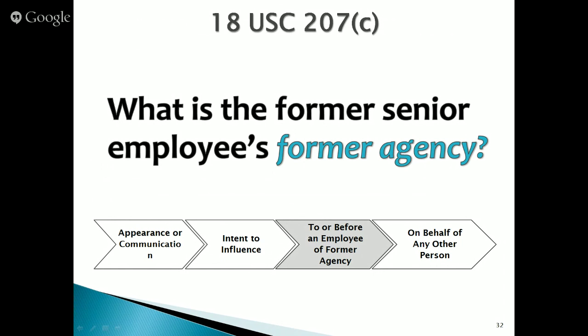Right. So what we're dealing with here is it's talking about to or before an employee of a former agency. And we talk about what constitutes an employee for purposes of that, like who's an employee of a former agency. One thing to point out is that, obviously, it's all the actual full-time federal employees who work at that agency, but just so that you're aware, it'll also reach to any IPA personnel who might have been detailed to the agency. So you want to be mindful of the list of employees under former agency. But let's go down to former agency, and it says,